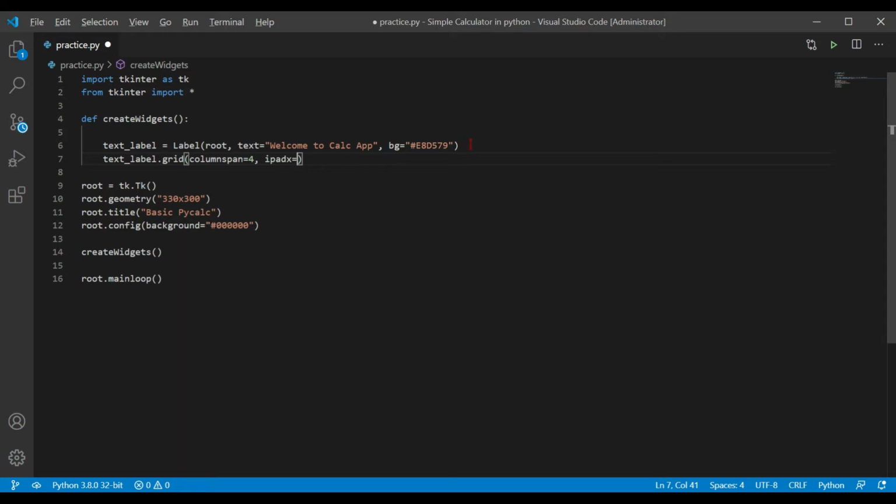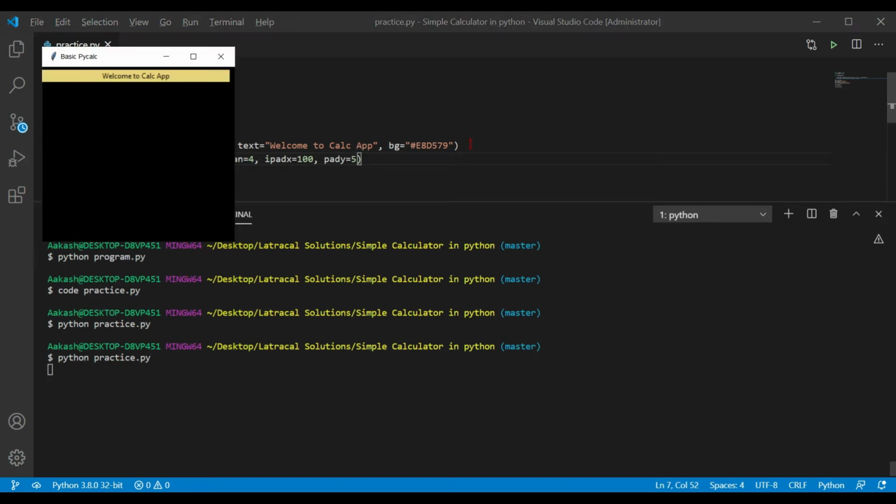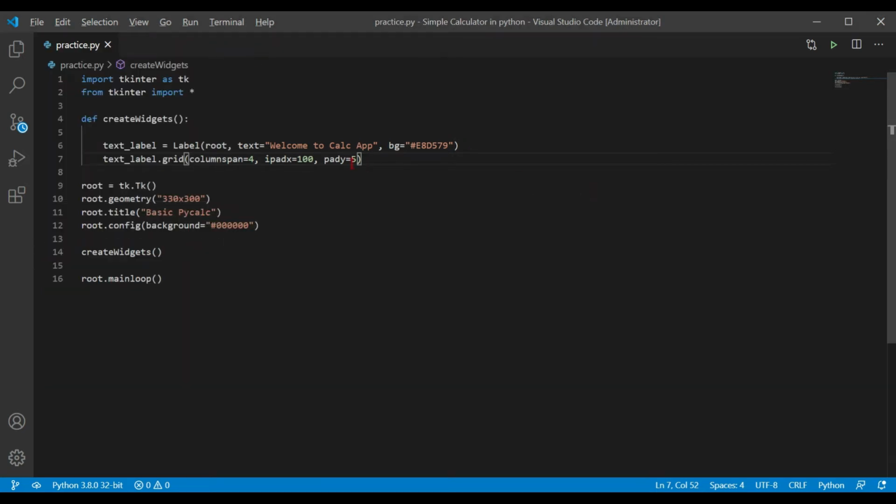So the text should have the inner padding from the label. So let's give it 100, and let's give whole padding, pady, like 5. Let's see how it looks.